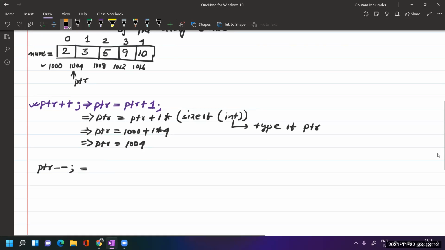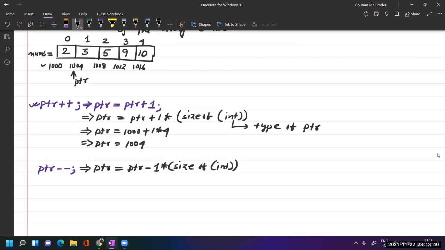So let me write it again. ptr minus minus. How will it be solved? ptr equals ptr minus 1 multiplied by size of int.